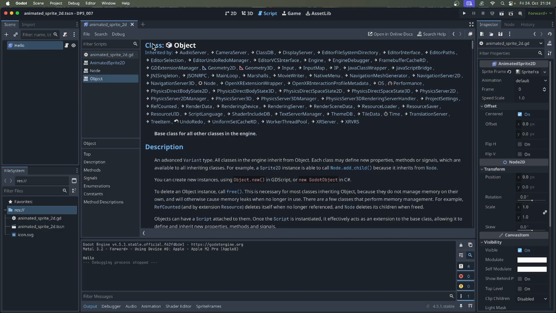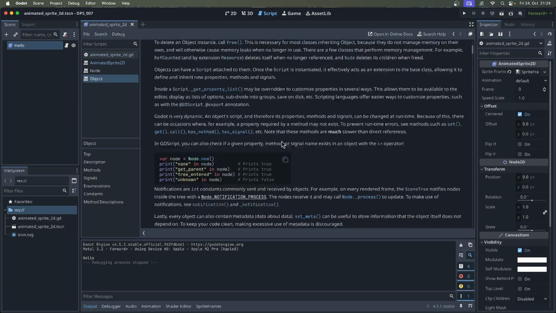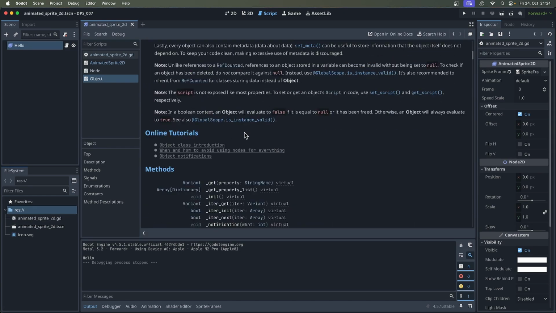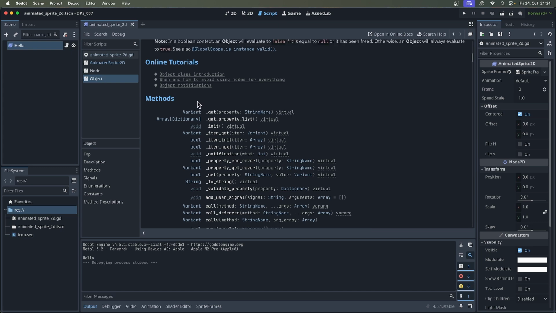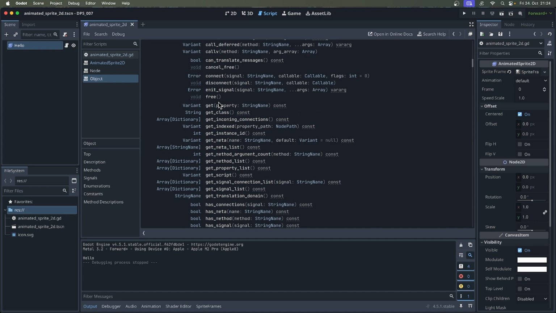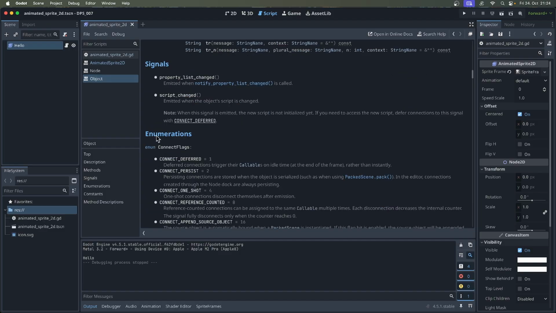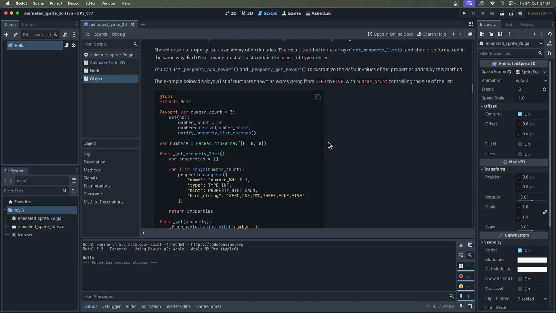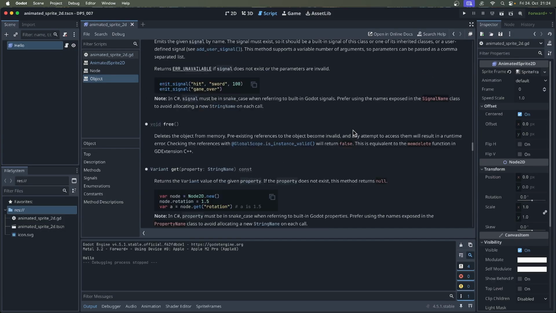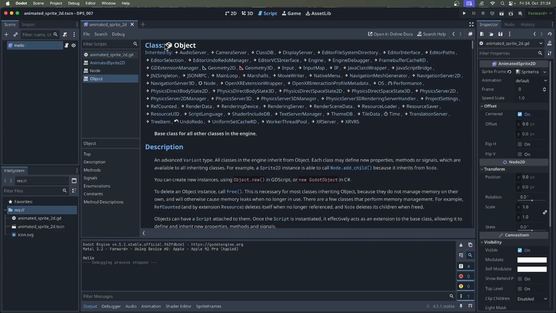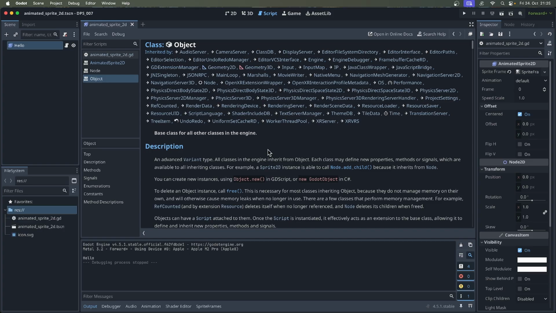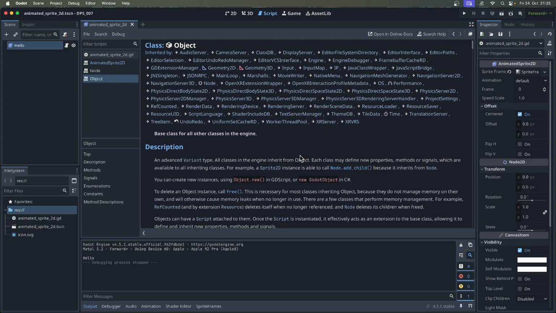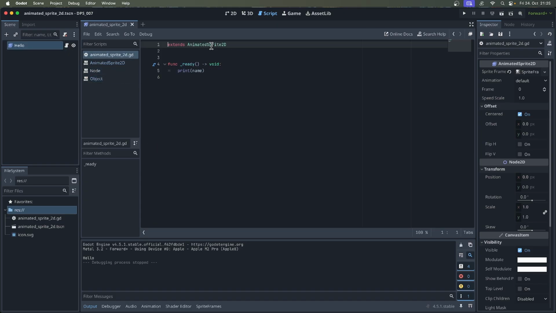So this collection of code, so to speak, we have a description, we have online tutorials again, we have methods. We have no properties here, so not every class needs properties, but we have a lot of methods right here, and signals and enumerations, whatever this is, and constants, whatever this is. And then we have descriptions, and you can see this is a long line of descriptions. And we think about this as a collection of code, and this seems to be the base collection of code that is prepared for us. And somehow those collections of code are built upon each other. So let's check it out by going one node